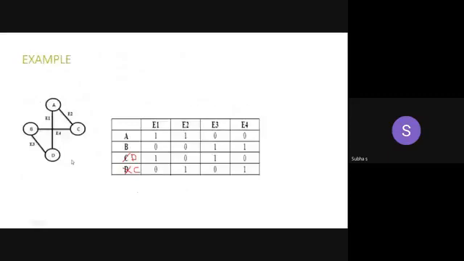Now are you clear? Now go to the last vertex D. How many edges are incident on D? 2 edges, E3 and E1, not E4, because E4 is not connected to D, and E1 is connecting A and D. E1 and E3, so make it as 1. Put the other edge values as 0. So this is the way of constructing the incidence matrix.